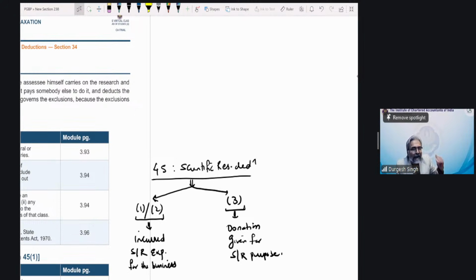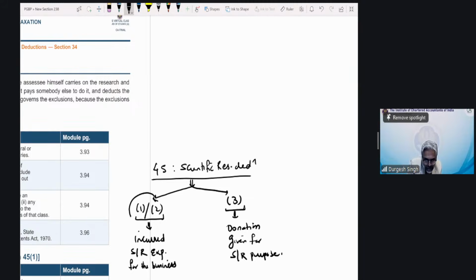So one of the ways for the government to encourage research is to provide the deduction route under the income tax law. And what the government has done to encourage research is that if, for your business, you are undertaking research, then for that research program, the deduction that you claim covers not only the revenue research expenditure that you incur, but also the specified capital expenditure that you incur. For that also we will provide you the deduction.